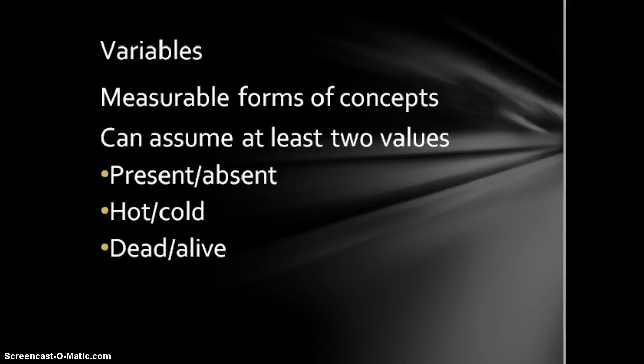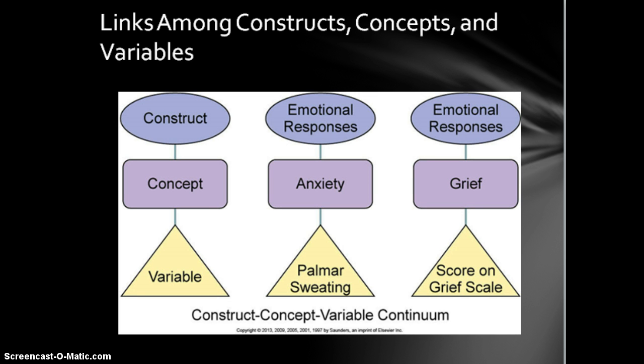As we said previously, concepts are often described as the building blocks of theory. However, to make a concept more concrete, you can identify how the concept can be measured or observed. And these measurable terms are referred to as variables. A variable is more specific than a concept, and implies that the term is clearly defined and measurable. The word variable in itself implies that the numerical values associated with the term vary from one instance to another. This diagram shows a link among constructs, concepts, and variables. You can see the construct, concept, and variable listed in the first column.